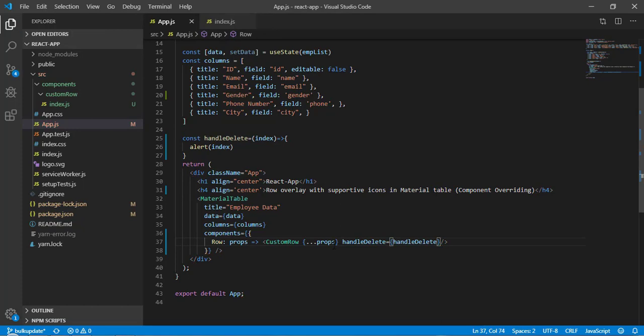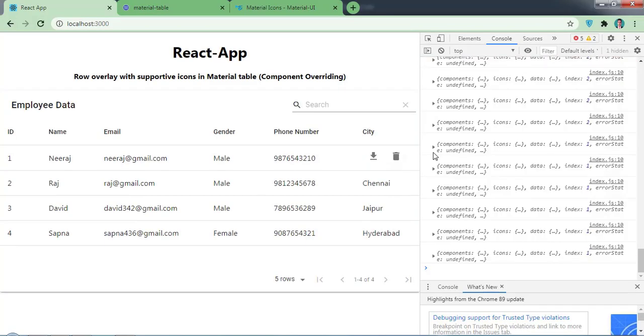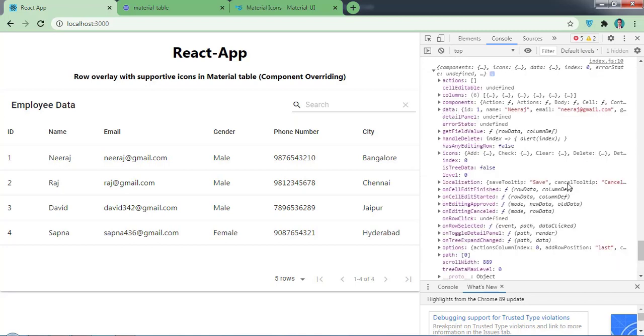Okay, and remember here we will be getting this function as a props here in our custom row. So here now we are already doing the console log, so let's come back here and expand any one of them. Okay, and here as you can see we have one function handle delete.